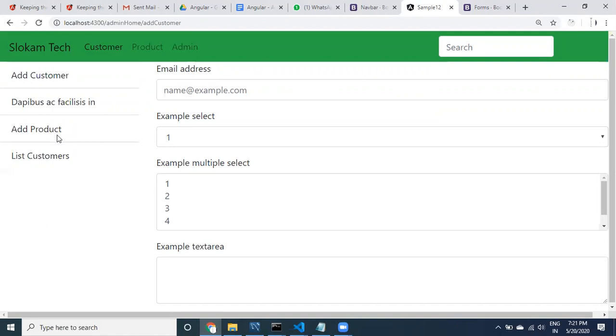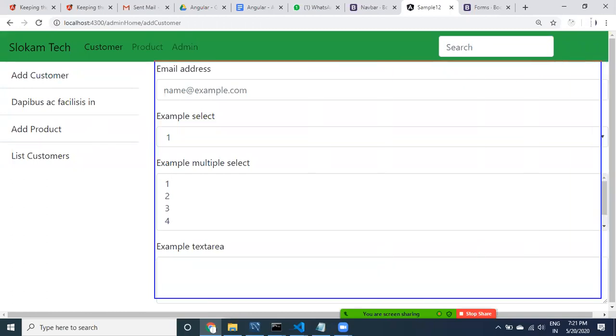What are the leftover things related to our basic course? Working with validations. Whatever forms we are taking here, we need to do some validations. After validation, whatever data the user has entered into this kind of forms, we need to validate.